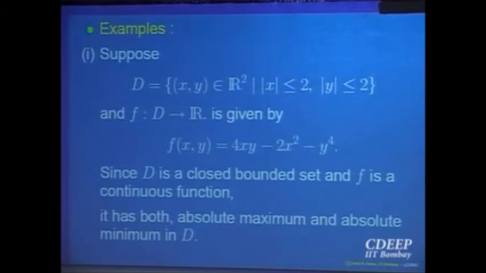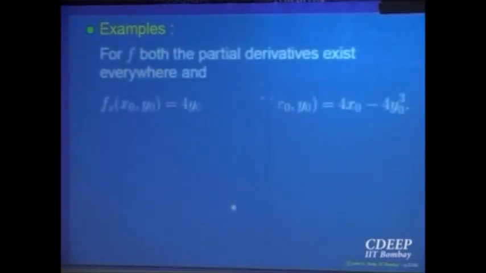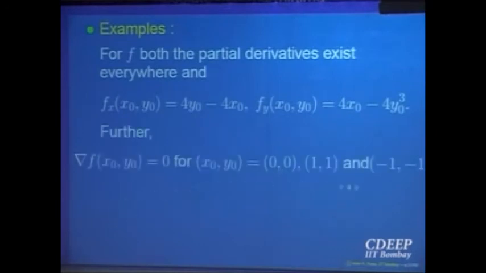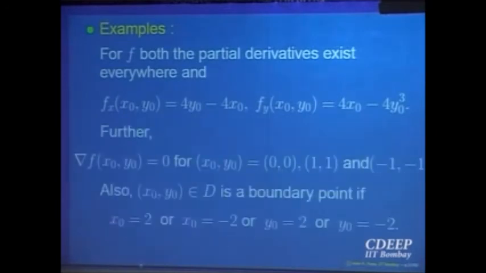Analyze the values there. At the boundaries, you see, in this case, the boundaries become nice because one of the variables becomes a constant. So the function on the boundary is a function of one variable only. So you can find what is absolute maximum or absolute minimum of the function on the boundary by using your tools of one variable, right? So let us do that. So first derivative, second derivative, equal to 0, give you those 3 points that we have already seen.